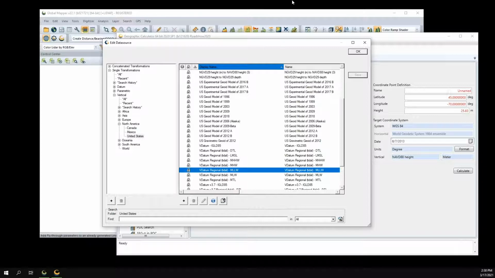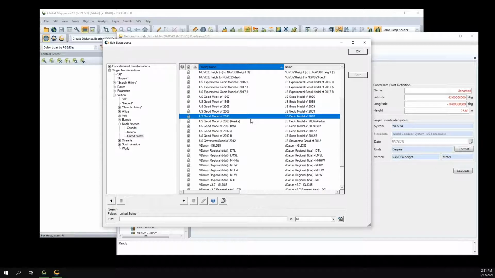Up until now, all of these geoids, so geoids 96 up through 2018, are all transformations to the North American Vertical Datum of 1988, basically evolving data, like different realizations of a horizontal model. NAPGD, whatever the year it's going to be called, is going to be a new model, not based on the old stuff. So that will show up as a distinct vertical datum, a distinct vertical coordinate system, and it will have its own geoids that don't directly relate to the others. There will, of course, be transformations between NAVD88 and NAPGD22, but it's not going to be just another iteration of